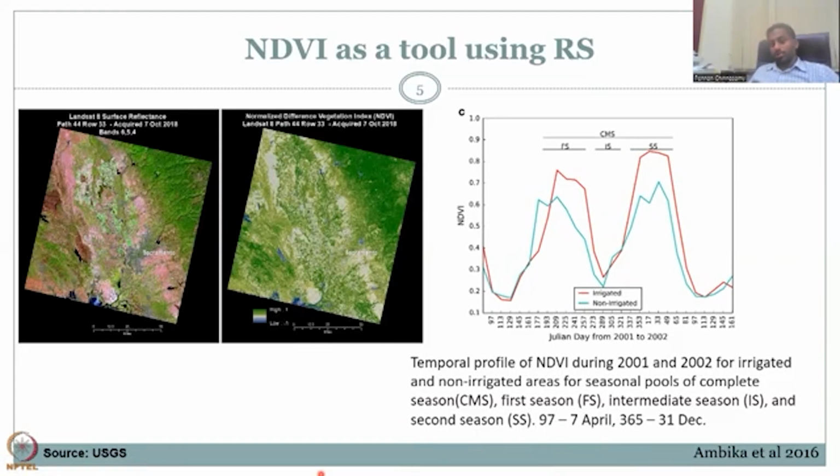So let's look at the temporal profile. Here you have days, the NDVI profile of a particular location 2001 to 2002 for irrigated and non-irrigated areas. So this is the CMS, which is the complete season, growing season. And then there is a first season, intermediate season, and second season. Okay, so this includes the irrigated and non-irrigated. So basically there are 3 seasons, and we're going to see for the same location how it differs between a